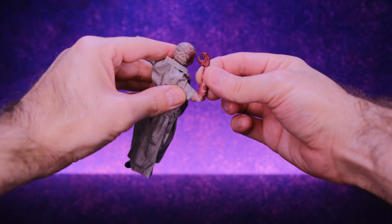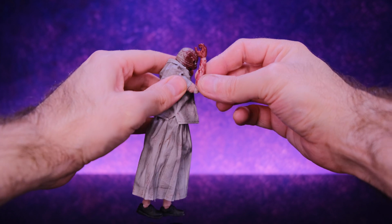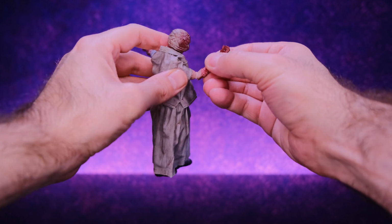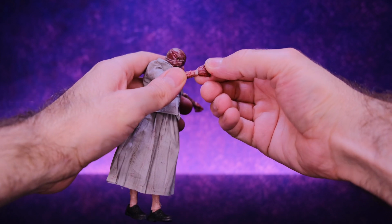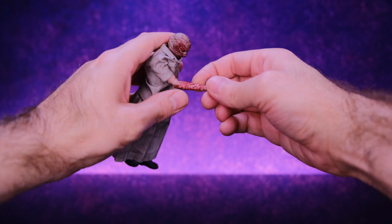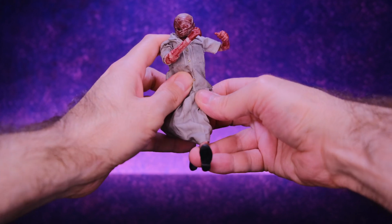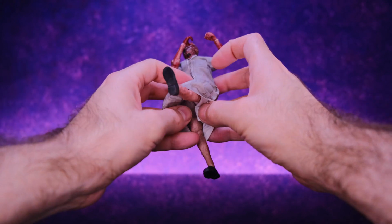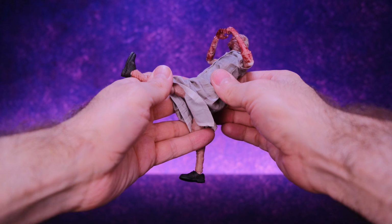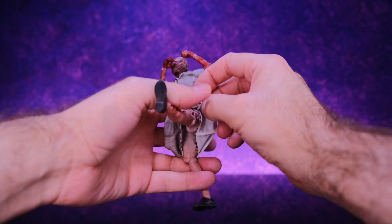She does have a single jointed elbow that gets a little bit more than 90. Then you could also swivel on the elbow. And then at the hand, she has a ball joint with a hinge and a swivel. So, yeah, not a lot going on at the arms. And then for the legs, she's able to kick forward right there. And she has a dress on, so you'd think that she'd be able to kick forward a little bit more. But the way that it's sculpted is really